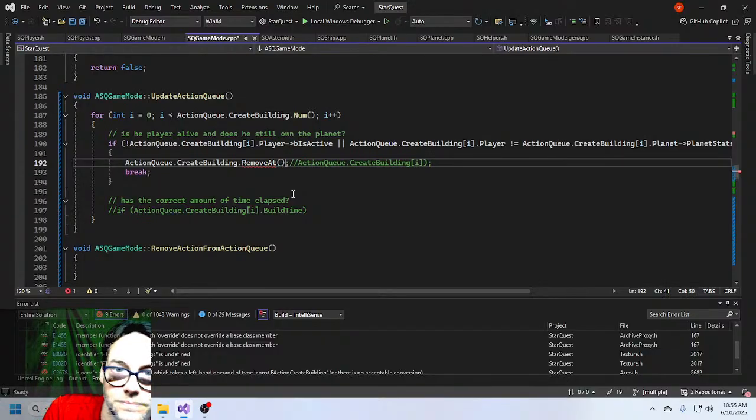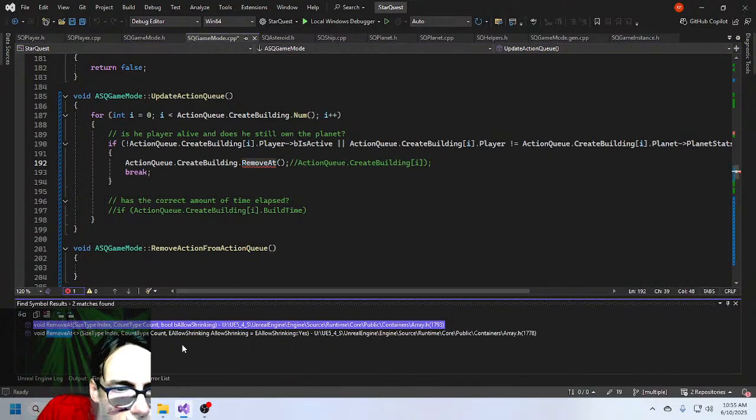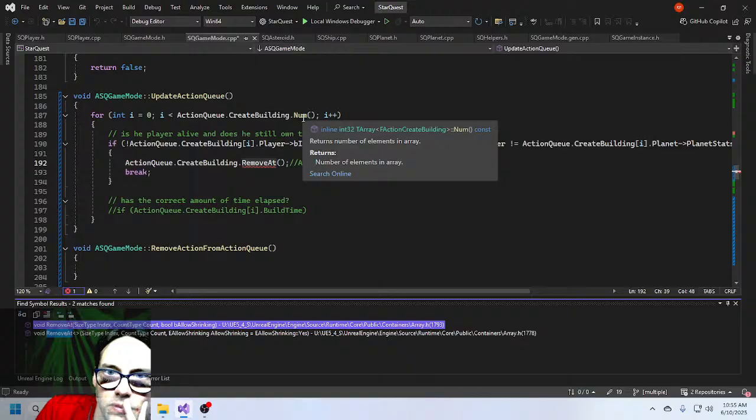Huh, I don't know. I've never used remove at, so I don't know how it works. Let me see what the overloads say. I don't know if IntelliSense is just having a hard time catching up, but I'm not getting the list of overloads. Like if I hover over, you know, it'll tell me